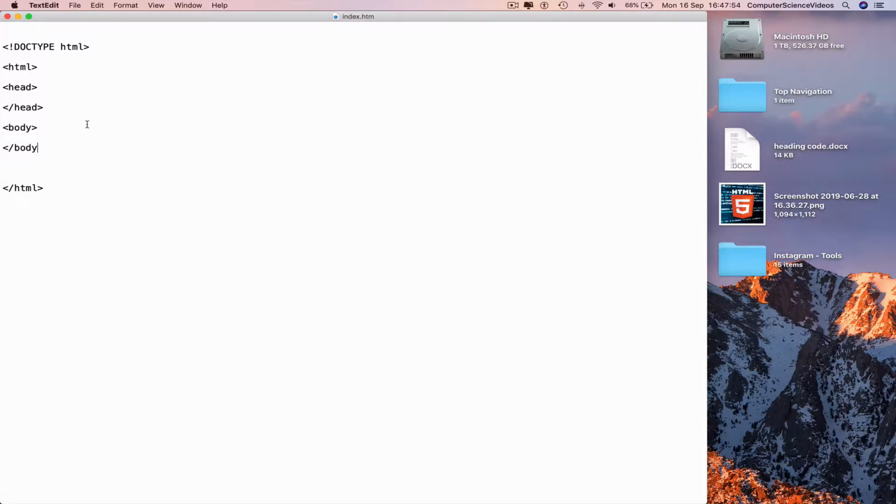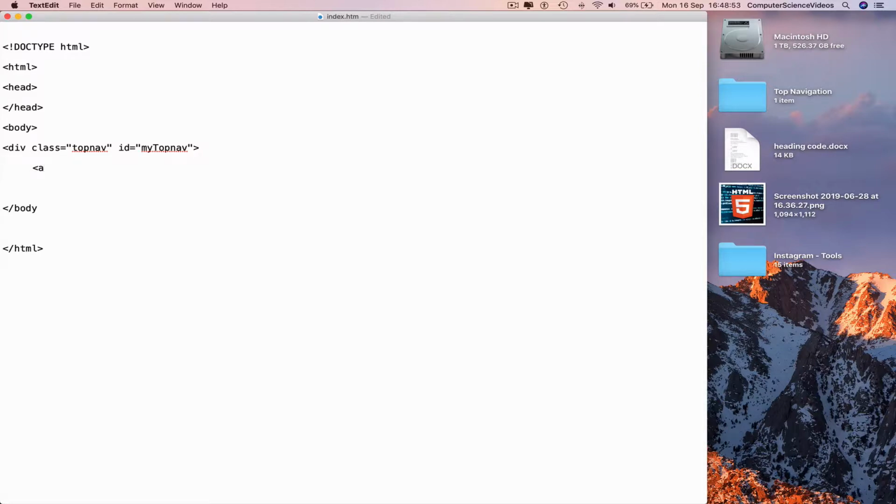So now we can go to the body and insert all the HTML code required to make the responsive top navigation menu work. Less than div class equals speech marks top nav. ID equals my top nav within speech marks. And then greater than on the next line, indent and type in